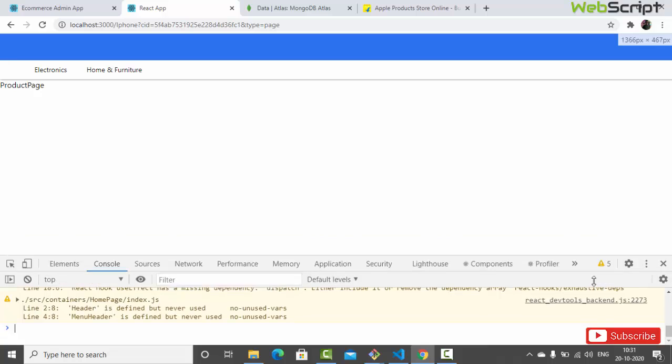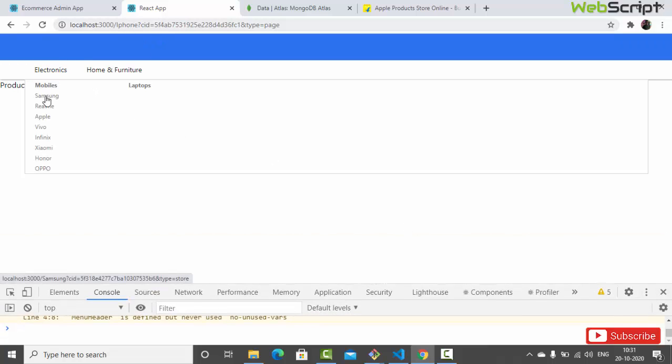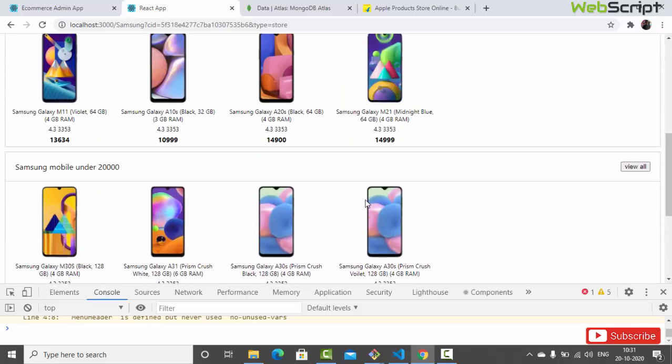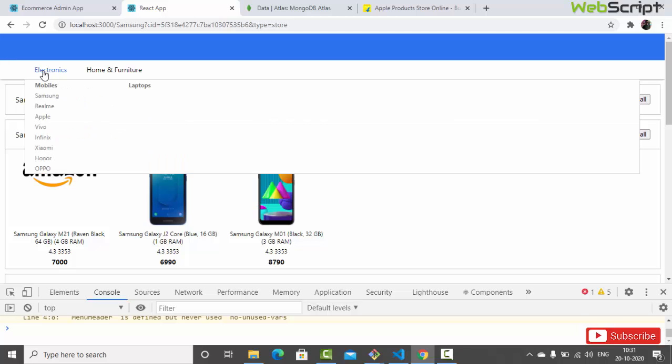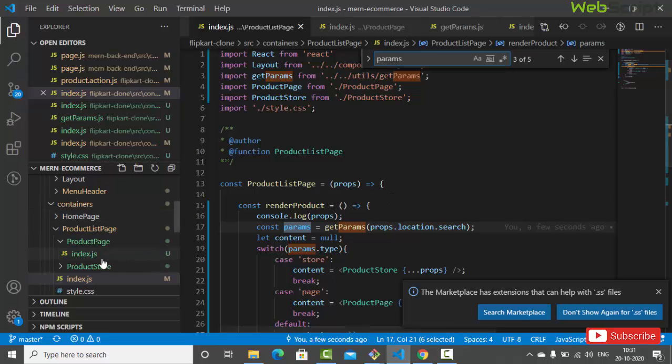So this is our page. We have got our page, that's for the iPhone. Now let's go to the Samsung, and you can see we have got our Samsung page. Now let's try to navigate to the Apple page. Okay, so here we have got Apple product page. Okay, now we are going to write action. Oh, we already have the action. Let's go to the product page,